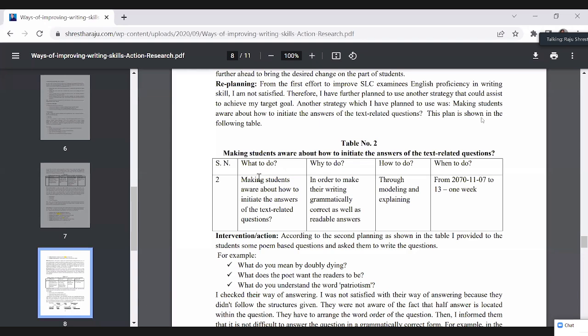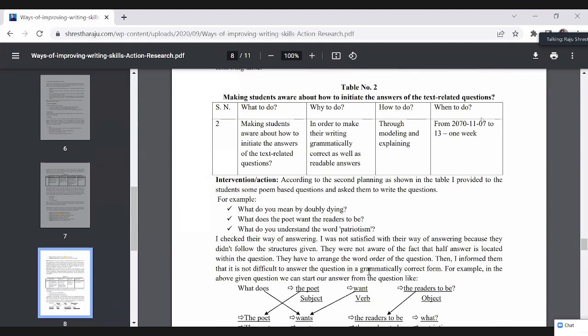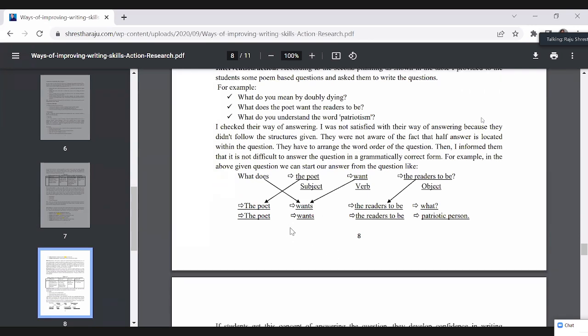Here, what to do: making students aware about how to initiate the answers of text related questions. And why: in order to make their writing grammatically correct as well as readable answers. How? Through modeling and explaining. Time duration, this you mention. And intervention. While doing the intervention, the children were taught like this. What does the poet want the readers to do? Here, what does the verb need when we say does? Yes, the s must be added, it must be made singular. The subject should be brought in front while giving the answer. In this way also I tried to